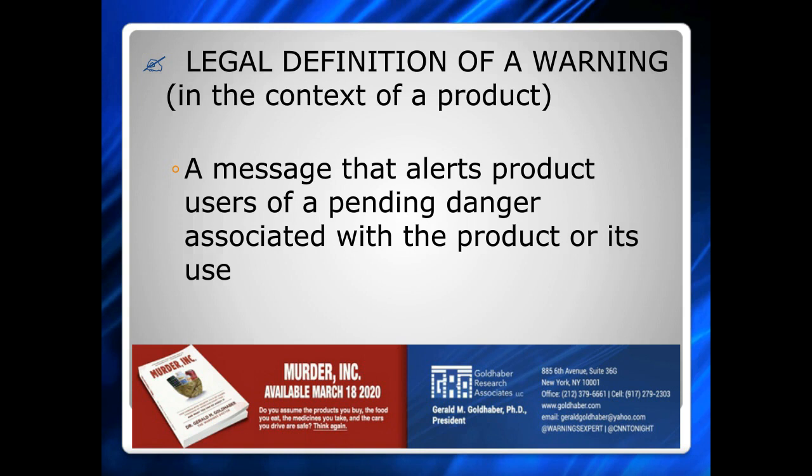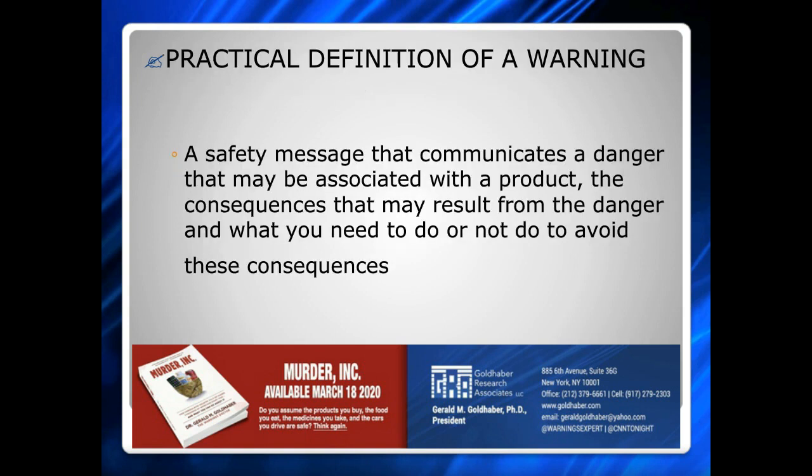Now, at a practical level, if I can see the next slide, a warning is basically a form of communication that tells you about the danger. And more than that, it tells you the consequences. So what if the third rail is electrified? What can happen to me? Well, that's open and obvious pretty much. The consequences are you can be electrocuted and die. So what are the consequences that can come from being exposed to the danger? And most importantly, and this is very relevant in today's COVID-19 arena, what can we do or not do to